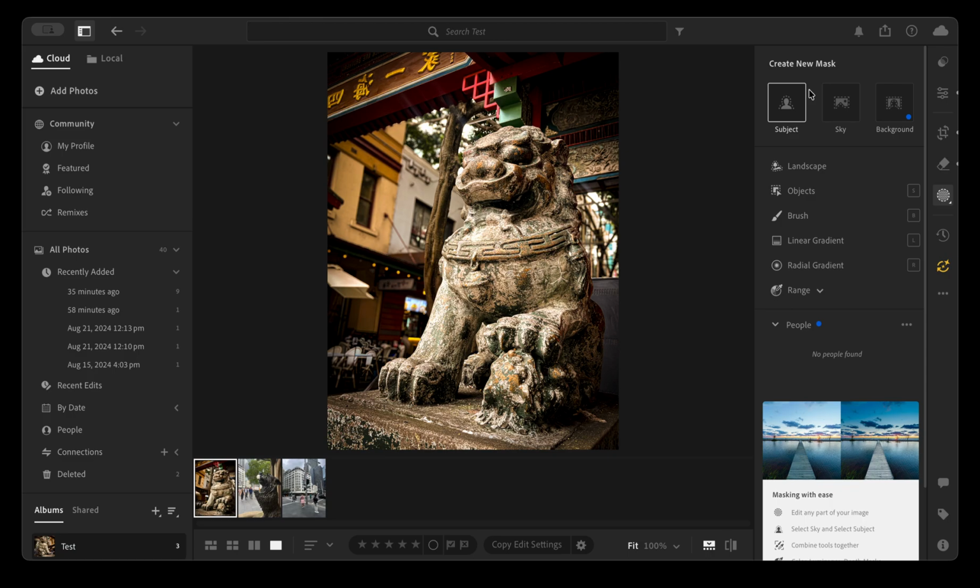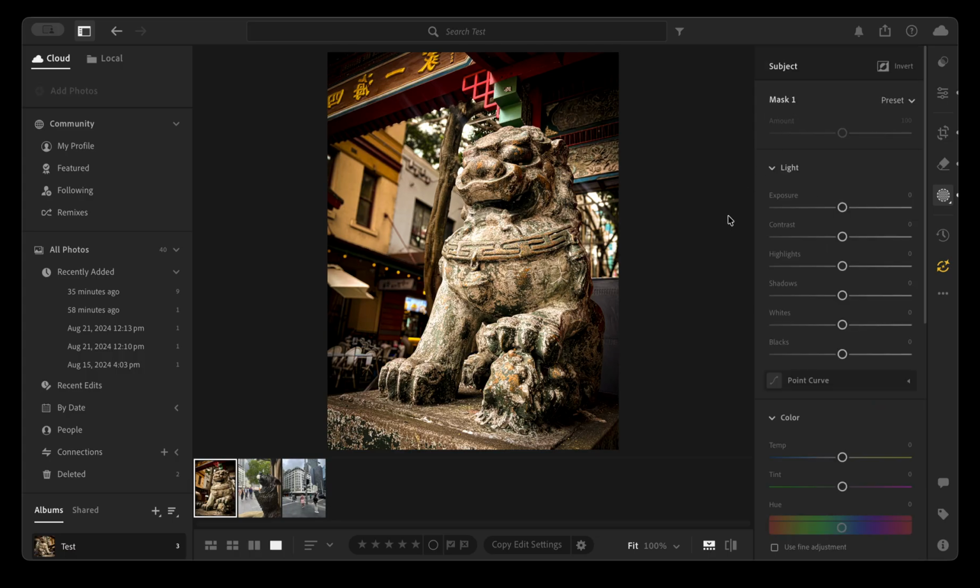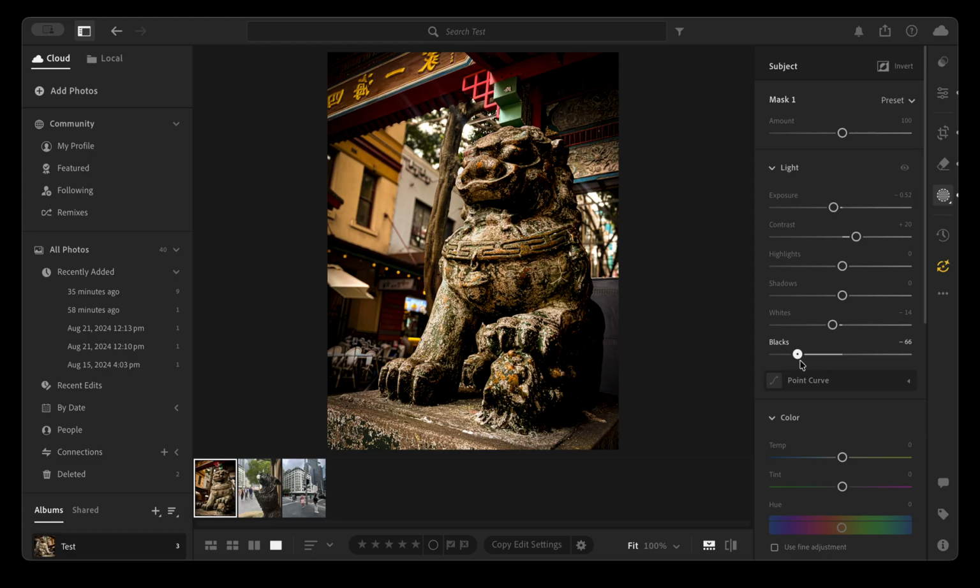What we can do here is select subject matter, and then we can make very specific editing changes with that. For example, if we click on subject, it will auto generate our subject matter here, where we've got our dragon or lion or whatever you want to call him. Here we can make very specific edits that only affect that selected area. For example, if I went to exposure, it will only affect that area and not other aspects of it. If I wanted the blacks to be deeper,